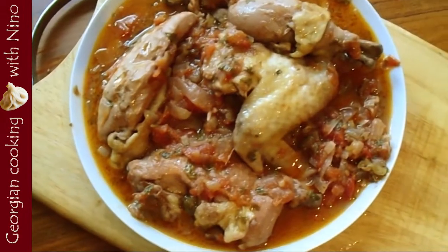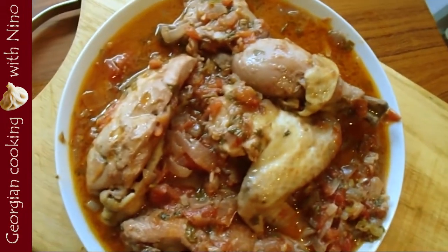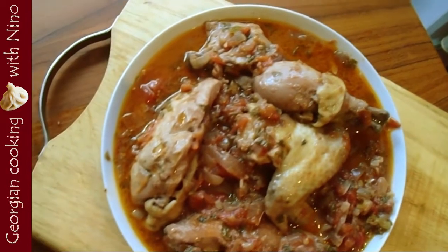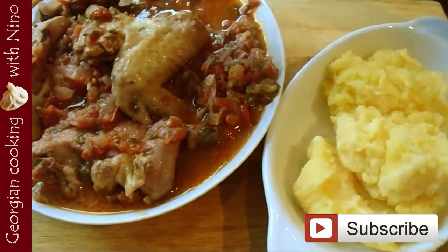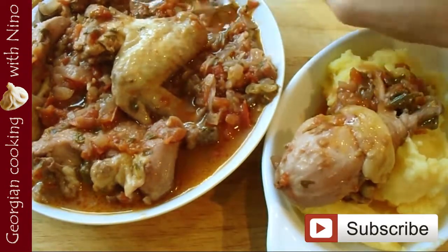This is an extremely tasty dish where you can sense the tomatoes, the basil, the chili pepper, the garlic. Everything is well combined, and the wine also plays a huge role. We eat it with everything that absorbs liquid. It can be bread, rice, buckwheat, or polenta, and I'm going to be eating it with